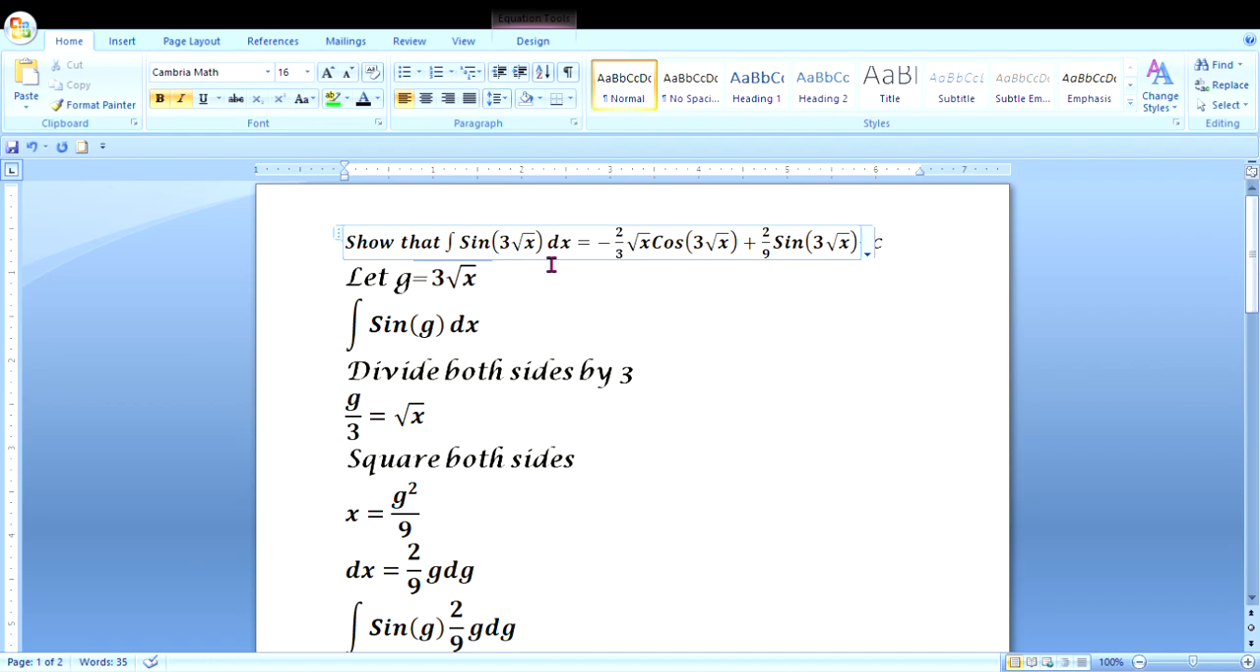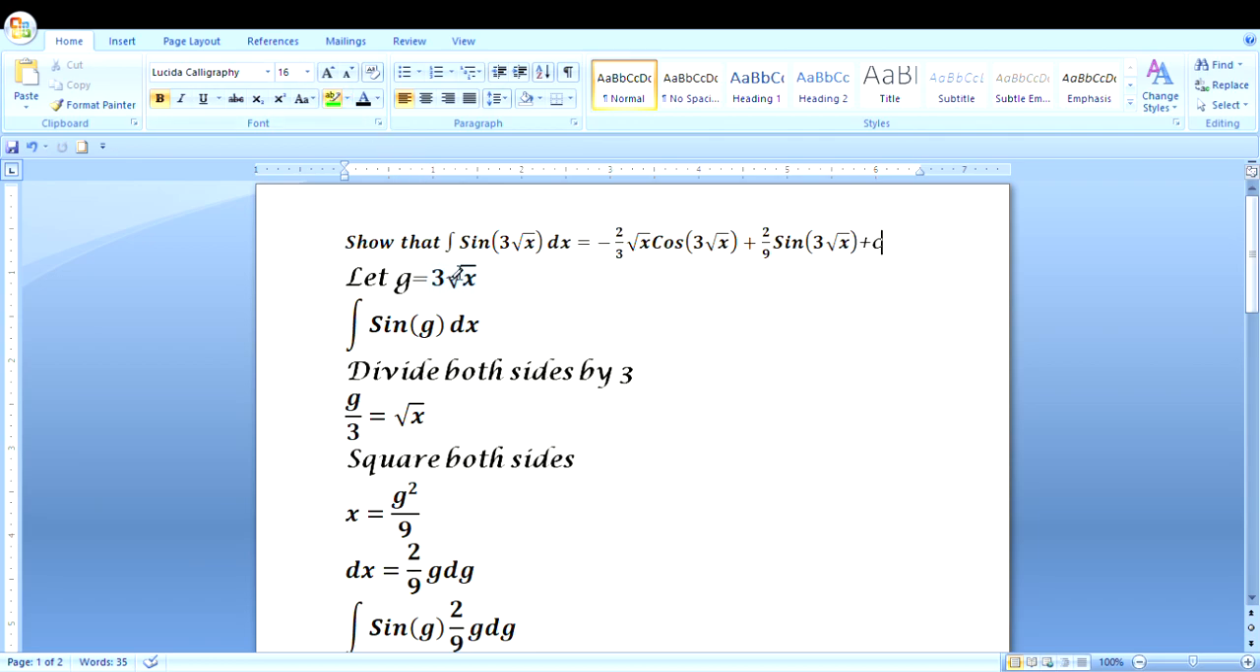In this virtual class, I will take us through how to show that the integral of sine of 3 root x dx is equal to minus 2 third root x cos 3 root x plus 2 over 9 sine 3 root x plus c. Here, the first thing to do is to look at the right hand side and think of an appropriate